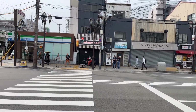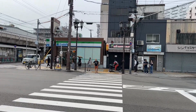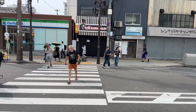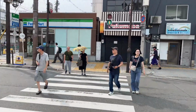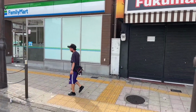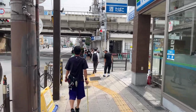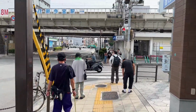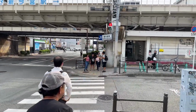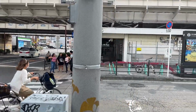We're gonna walk across and across, add a little time here. I often frequent this Don Quixote behind me, but they have a big sign outside that says please don't record. So we won't go inside today. While we wait for the train,